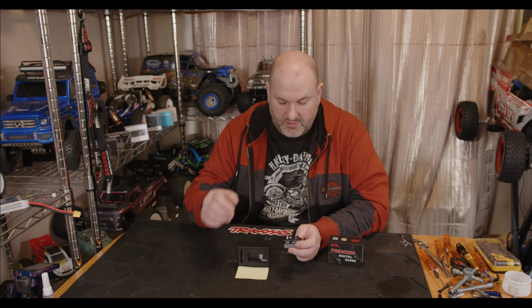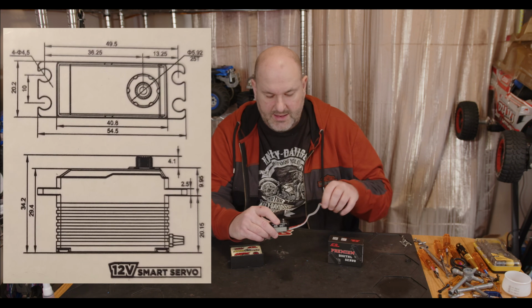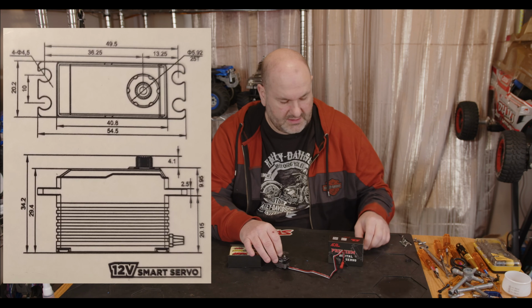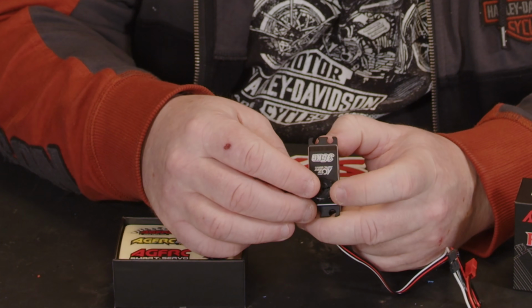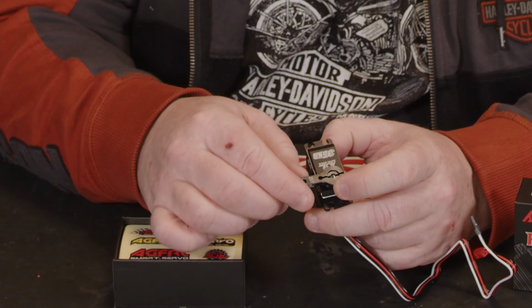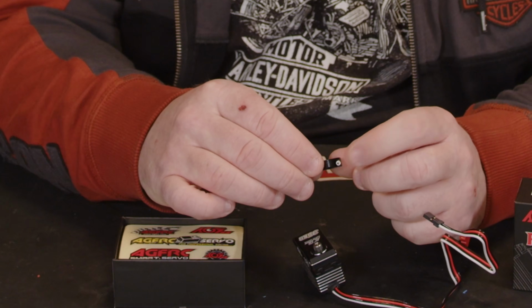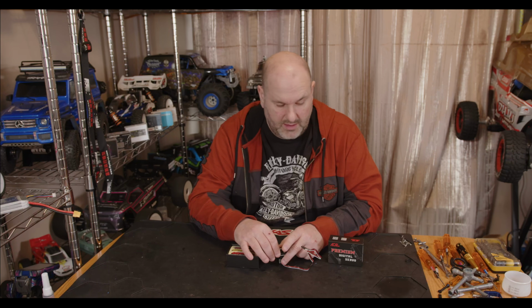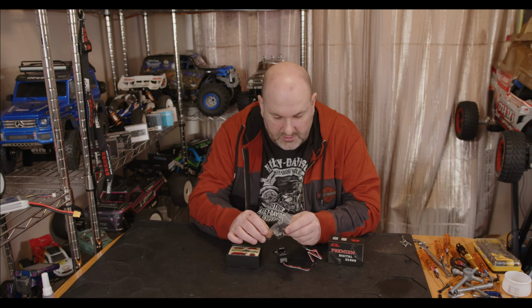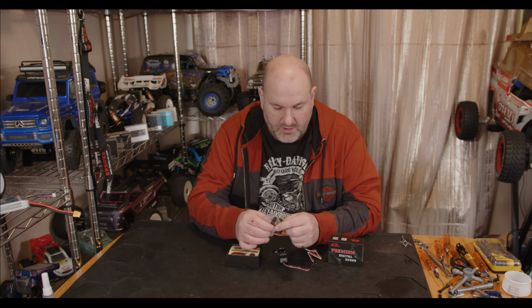So I'll put the specs up around here as well. You do get some really nice stickers in the box with it, and it is low profile, so quite an easy servo to fit. With this one as well, you do get the 25 tooth spline, and you get a really nice aluminium servo arm with the screws supplied. I think they're 1.5 mil, and you do get the screws to hold it down, which is a 2 mil hex. You also get the obligatory few plastic arms and the rubber dampers,